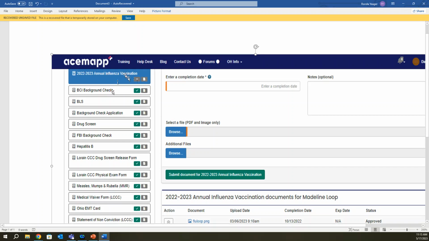Your BCI background checks: you've got a BCI, an FBI, and a regular background check application. When you go get your background check, there's going to be paperwork you fill out. You put your information on it, they sign it, they keep it. However, what we want you to do while you're there is take a picture of it on your phone and upload that to the background check application. That proves to us that you went and had your background check done, and that's the actual paperwork that you received that day. The BCI and the FBI is what's going to get mailed to us once it's completed,